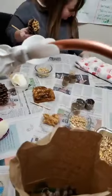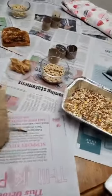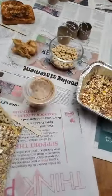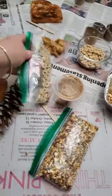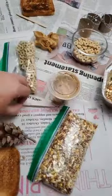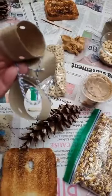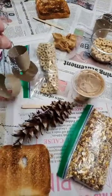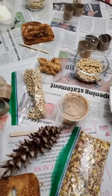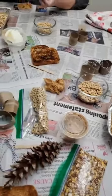So I'm going to show you, if you went to the library and you got a kit, this is what's in your kit. You got a bag, and in the bag you had some peanut butter, some bird seed, some Cheerios, a piece of bread. Hopefully your kids didn't eat that. A couple popsicle sticks maybe, a pine cone, some paper towel rolls with string attached to it, and then a lone string. And so with all this stuff tonight, we're going to create some bird feeders for your little birds